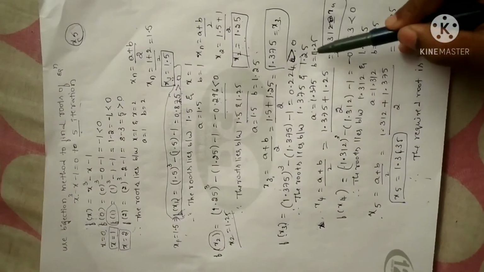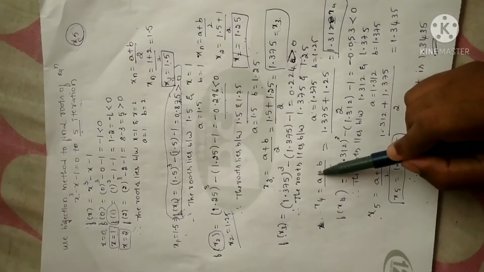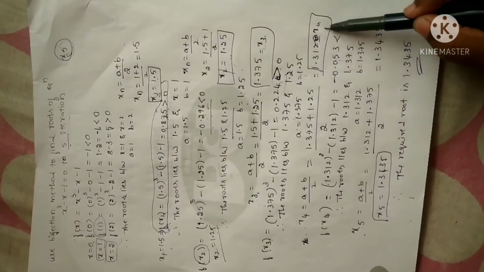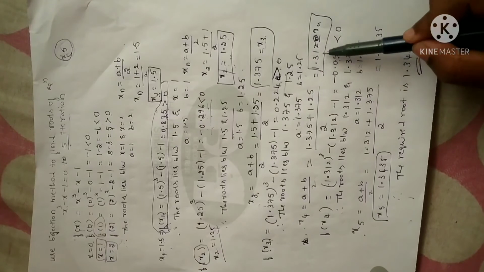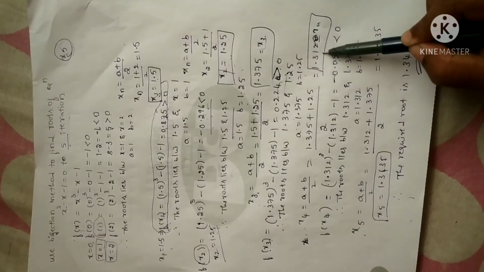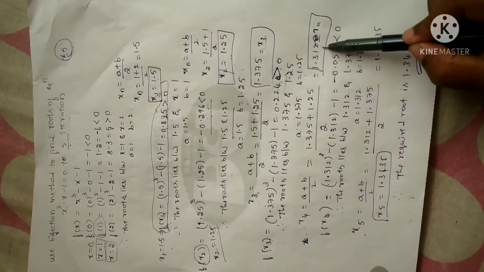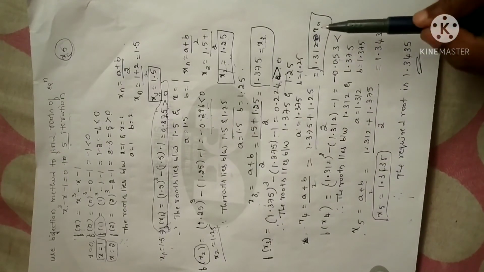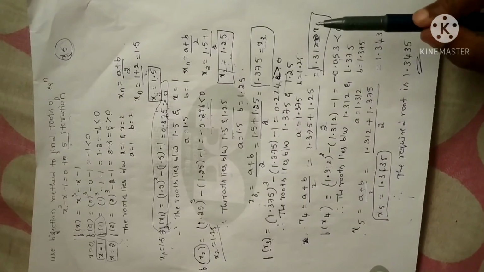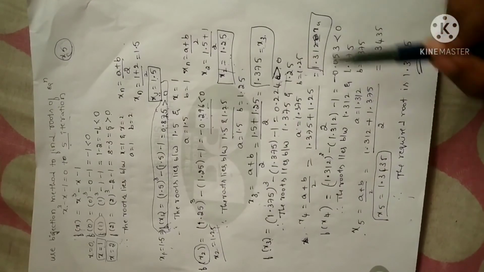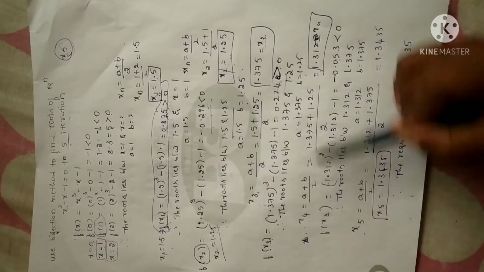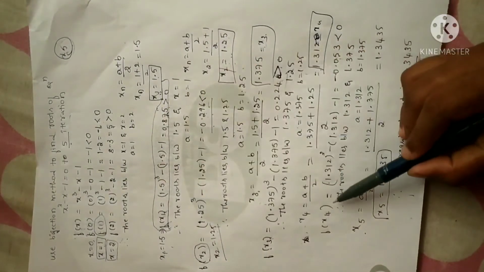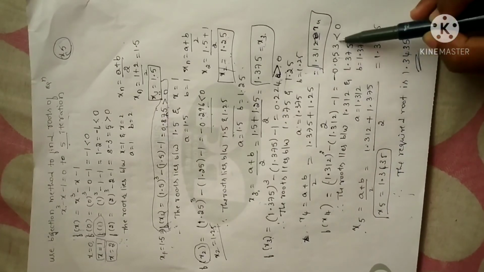Take the first value as a and the second value as b. Use the same formula for simplification. After simplification, I have got the value of x4 as 1.312. Anyhow, we are not looking for x values. Remember, I am telling you once again, we are interested in the positive and negative values of f of x, not x. So we have to calculate f of x4. Let me substitute the x4 value in the given function. After simplification, I have obtained a negative value.